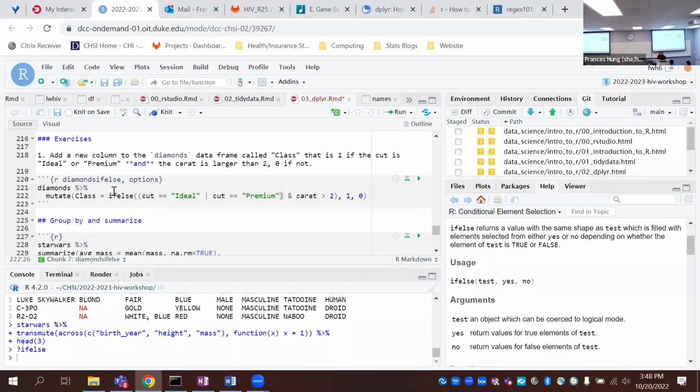Here I put parentheses around this or condition, making explicit that either this or this is true, and the greater than 2 condition always has to be true. Make sure you have opening and closing parentheses that match. I think I've done it wrong here. Okay, great.